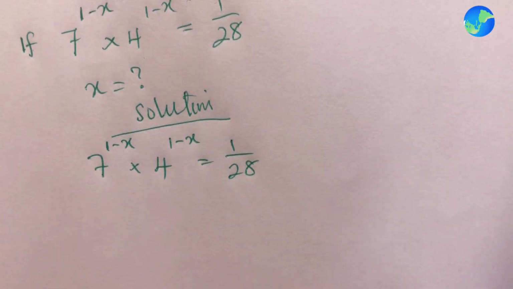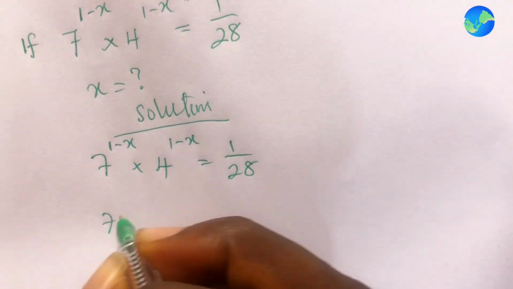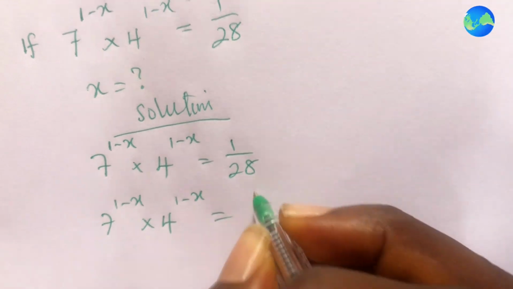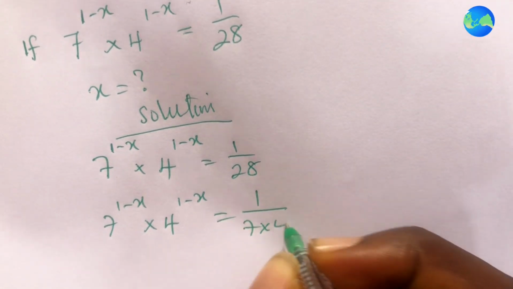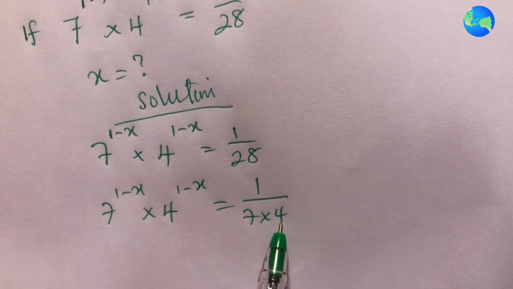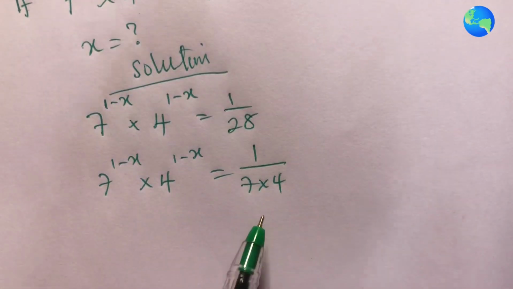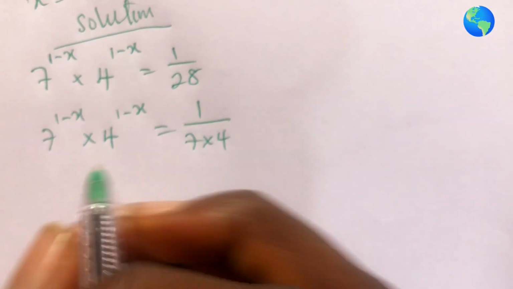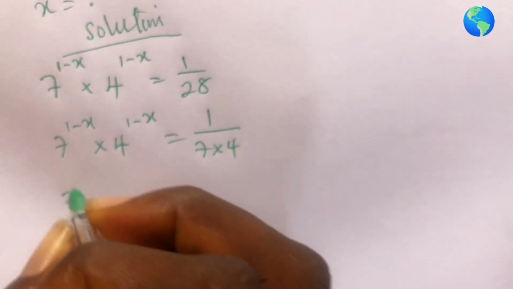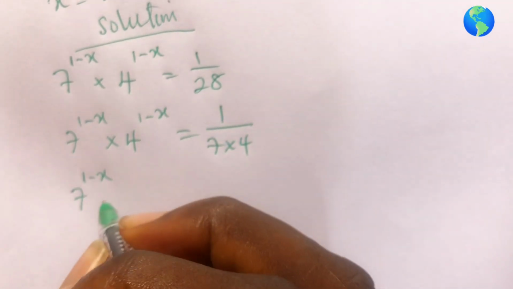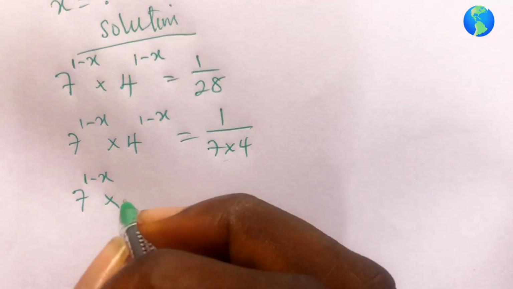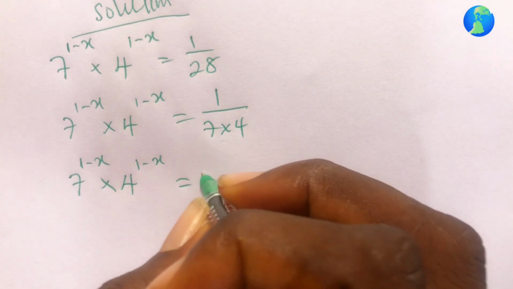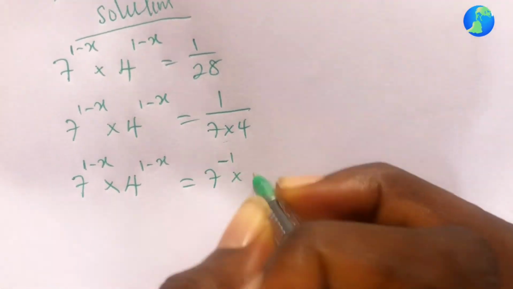Now there's a certain trick I will want to do here. I'll be having something like this, 7 power 1 minus x times 4 power 1 minus x, to be 1 over 7 times 4. We all know that 7 times 4 is 28, right? So this is still the same as this. There's something I want to do here, but let me write it out first, then I'll explain. 7 power 1 minus x times 4 power 1 minus x is equal to, can I write this as 7 power minus 1 times 4 power